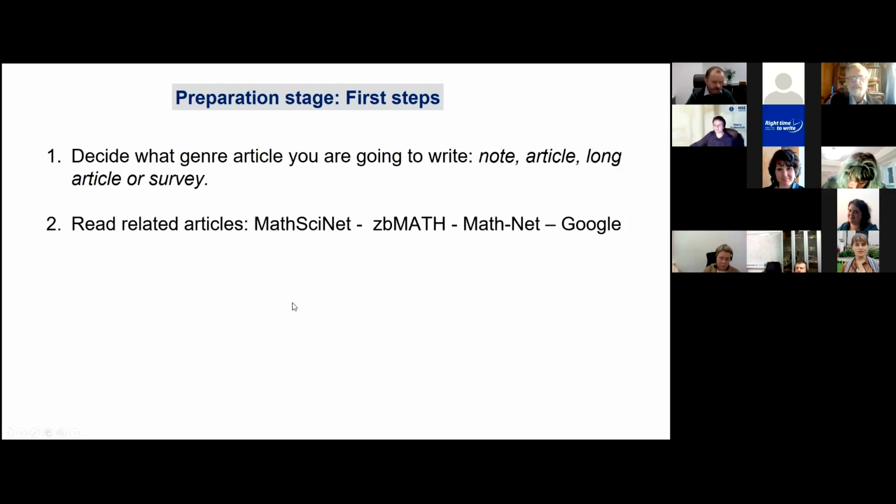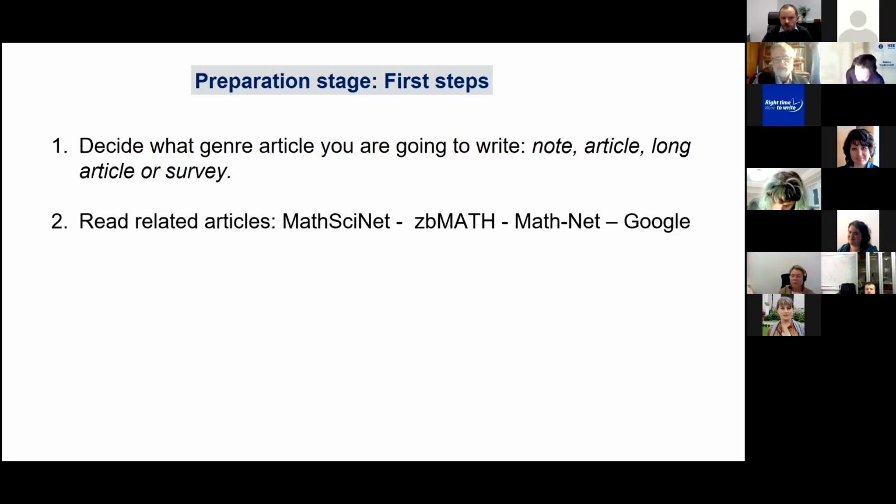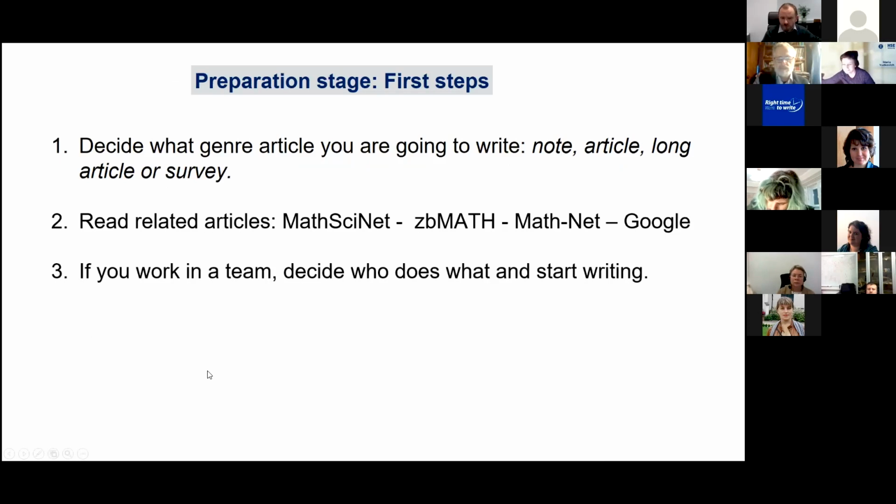So, if I decided to write a paper, even not a note, but say a long paper, it's very important to mention all related results in the introduction, in the text. So please invest some time in this. Google is only one possible variant, but you can also use some databases: of the American Mathematical Society, MathSciNet, of the European Mathematical Society, Zentralblatt, and a Russian resource, MathNet, which I also strongly recommend. In my opinion, this is quite good.